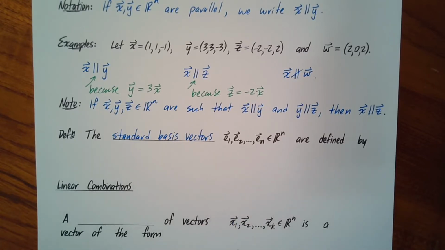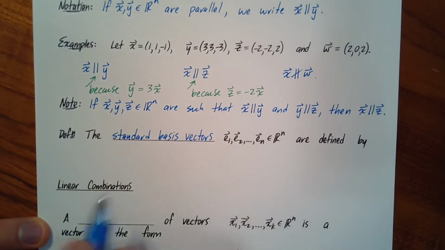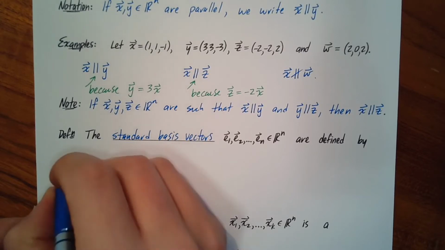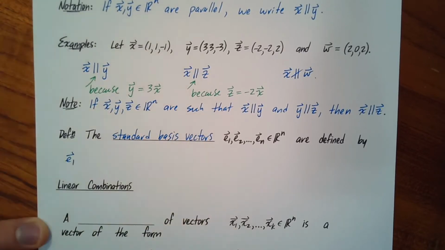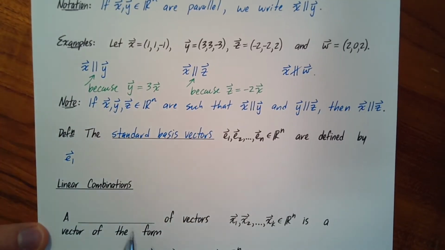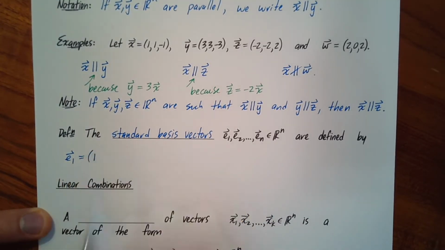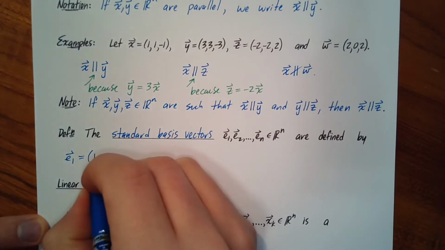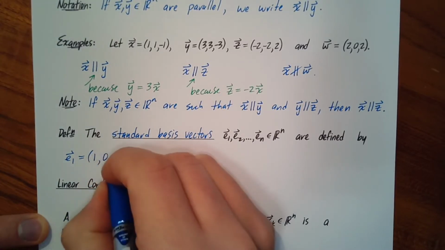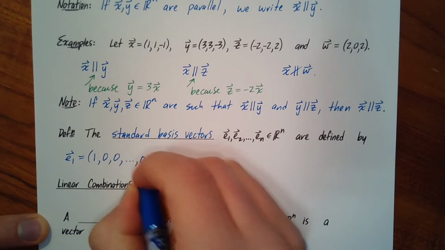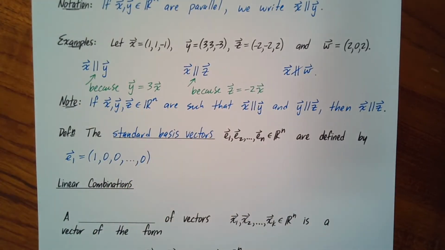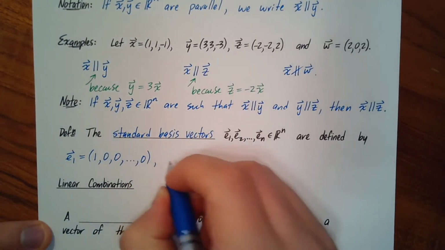So with that in mind, let's write down the first vector, E1. And if that didn't make sense, don't worry about it. I'm going to write the vectors down officially just now, and then you can think about it afterwards, and then it should make more sense. So let's write down E1. It's got n coordinates, because it's a vector in Rn, and its first coordinate is a 1, and every other coordinate is a 0. So it's 1, 0, 0, and so on, all the way up to the last coordinate, which is also a 0. Then your next standard basis vector, E2,